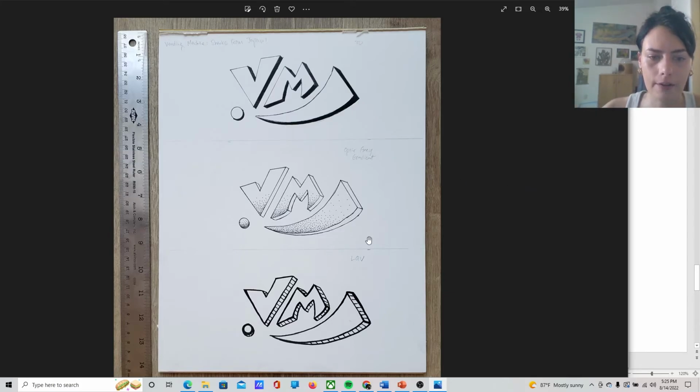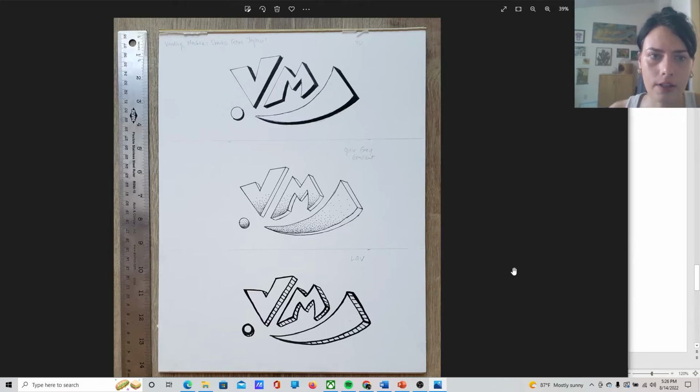And then with the second variation, like I mentioned, I was going to try optic gray and I was going to try a gradient. So I decided to achieve that with stippling. Now, you could use stippling or you could use lines or some other type of pattern. But keep in mind, this is what I chose to do, but you can do whatever type of variations you want to do. You don't necessarily have to do optic gray or a gradient. You could choose